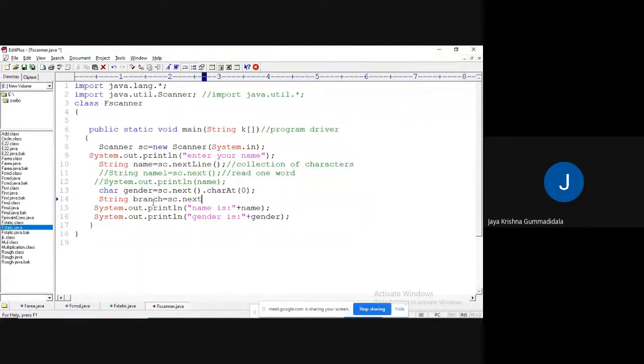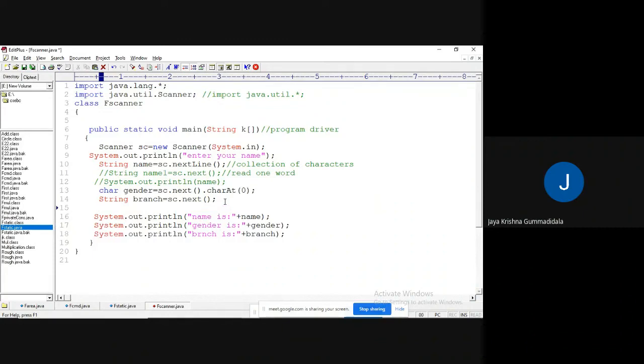Even though I am entering multiple characters, it is going to read only the line. Plus branch. You know this one up to here.